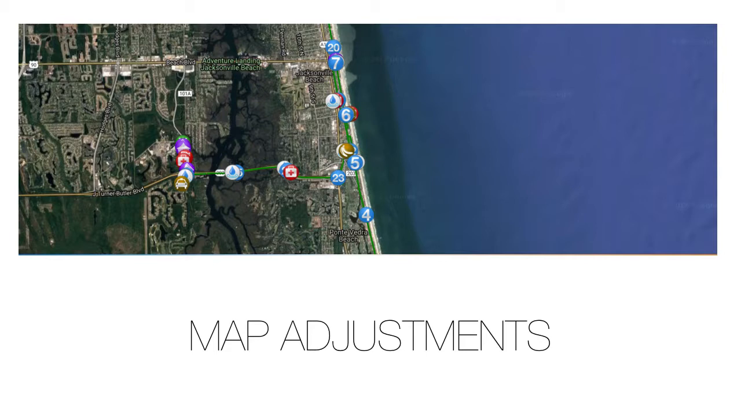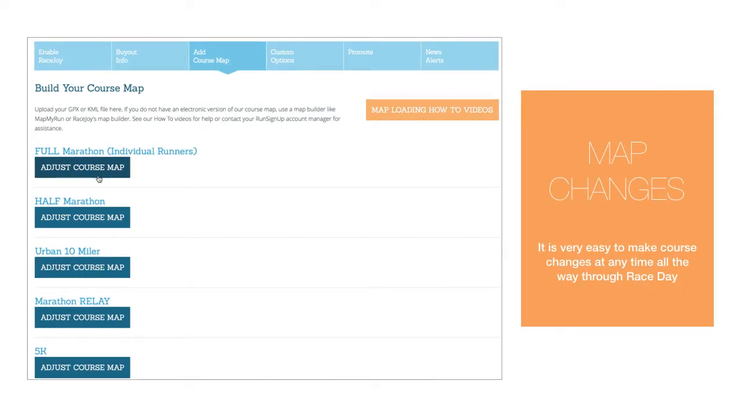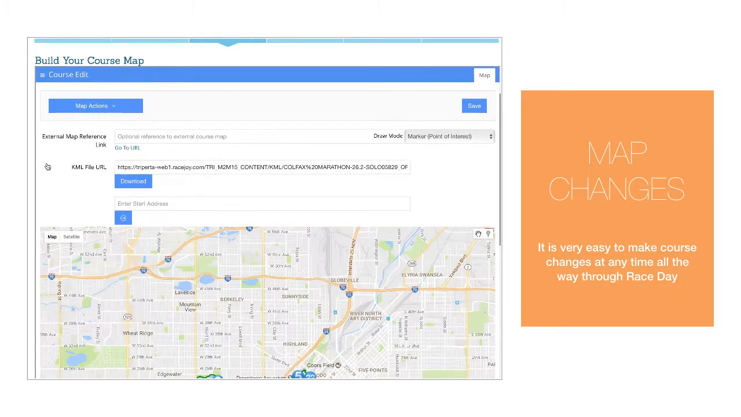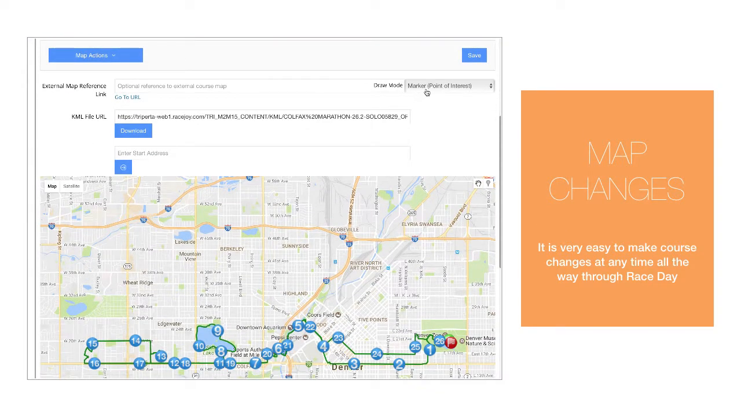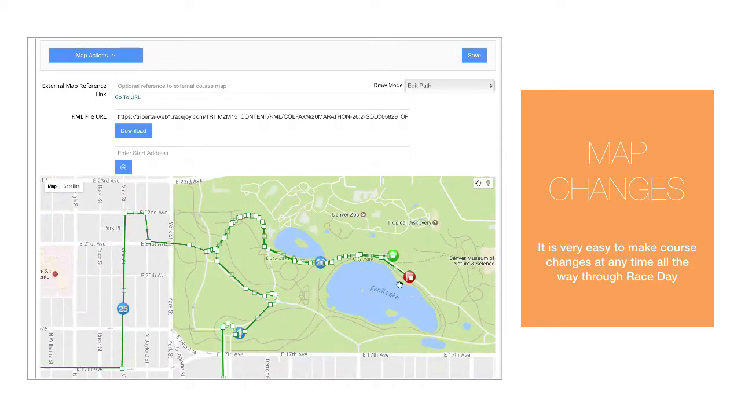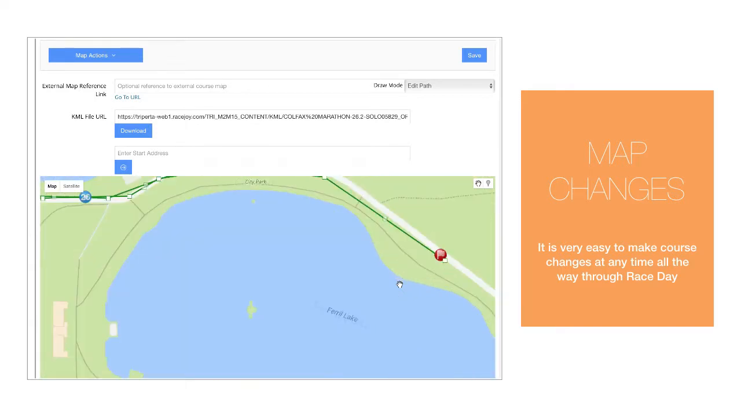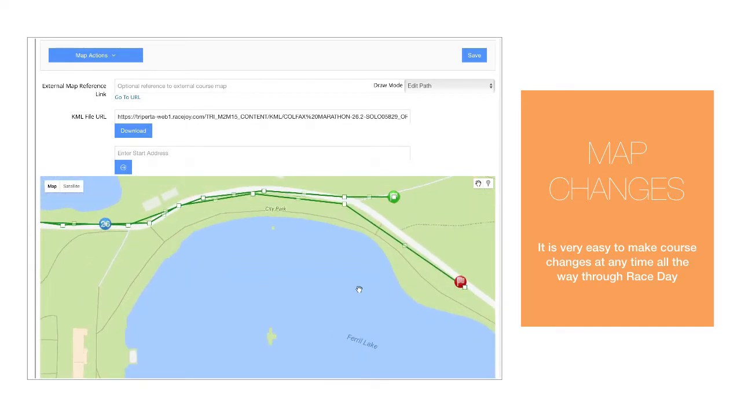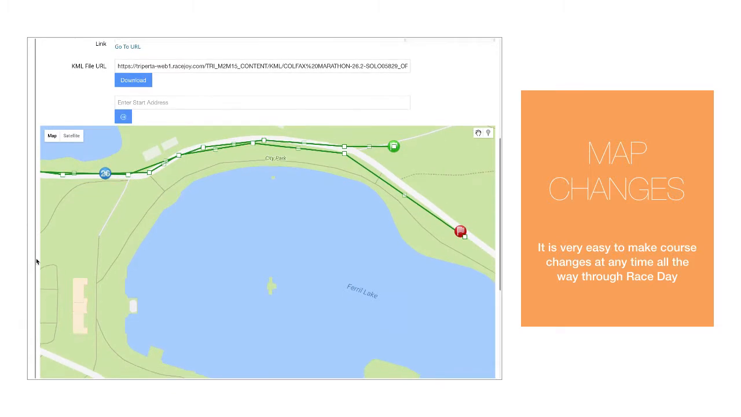So let's cover briefly how to make map adjustments, and it's very simple to do. You go to your RaceJoy dashboard and click the Adjust Course Map button. Then you go to the upper right corner where you see the Draw Mode options and select what you'd like to change. Here we're going to edit the course path. And this is showing moving the finish line to a different location. So you simply click on the icon